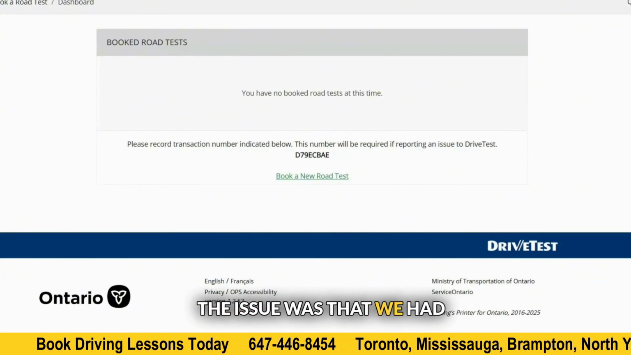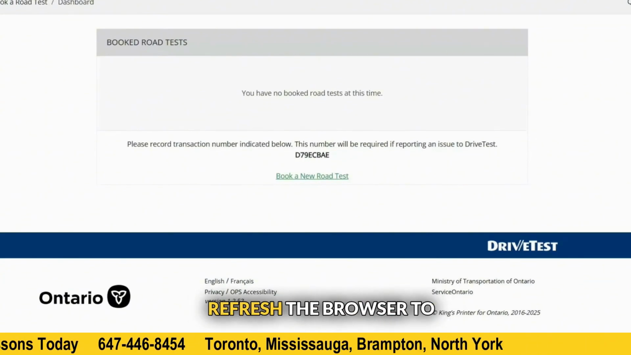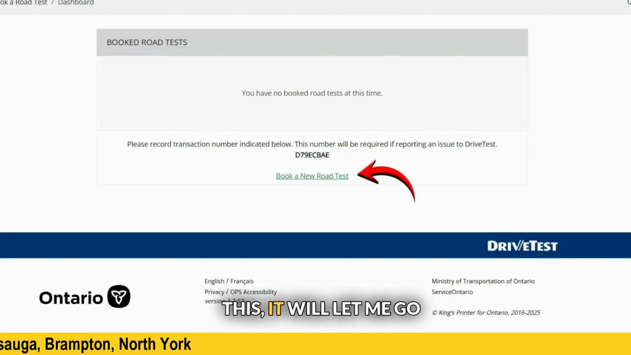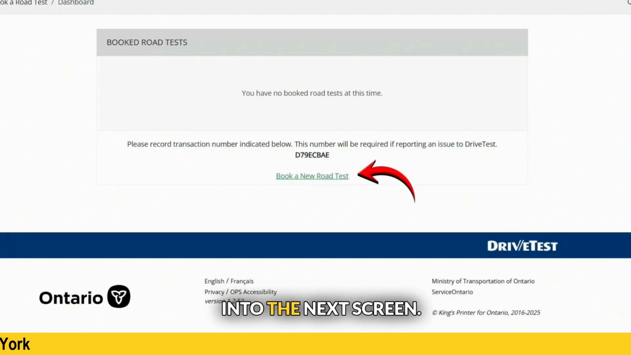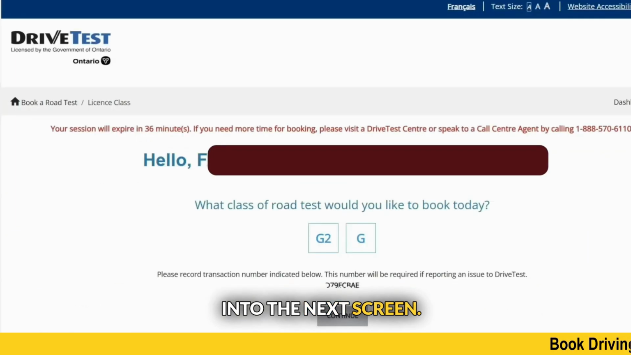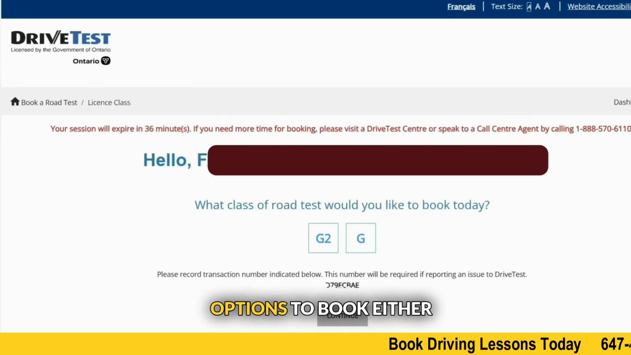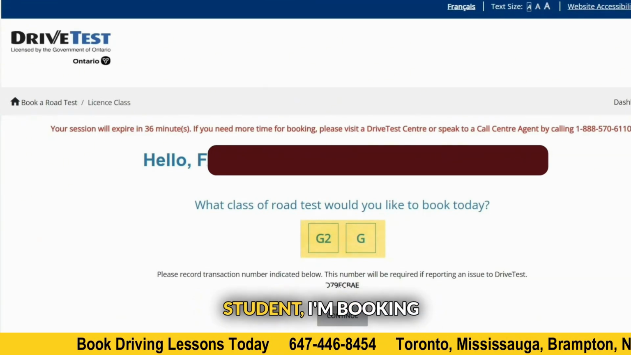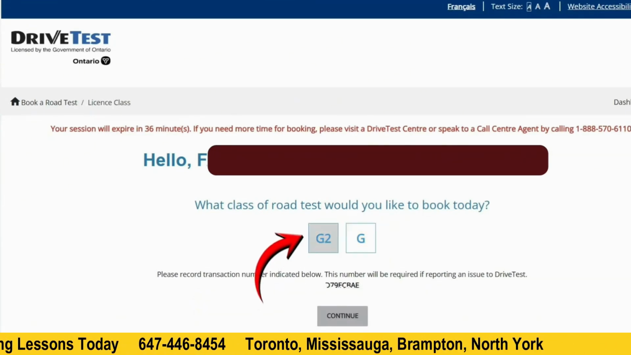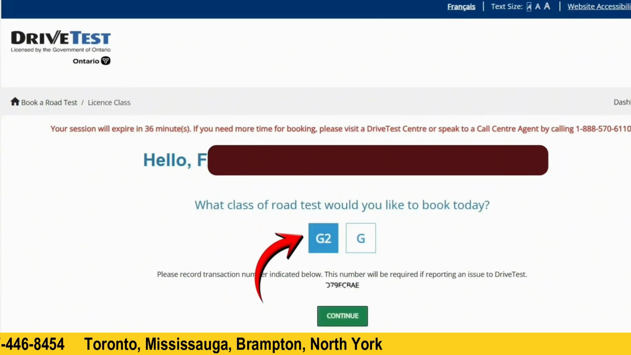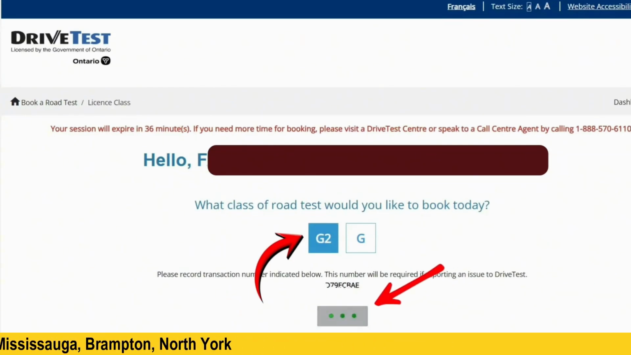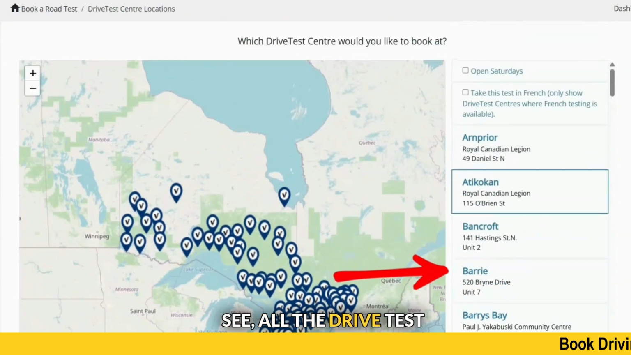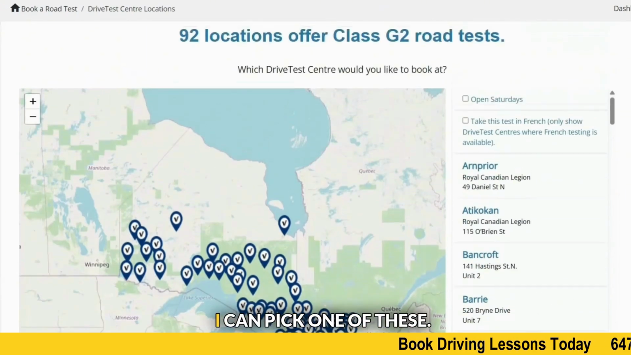All right, guys, so here we are, and the issue has been resolved. The issue was that we had to clear the cookies and refresh the browser to be able to book the test. Now, if I click on this, it will let me go into the next screen, and here it's giving me options to book either the G2 test or the G test. For this student, I'm booking the G2 test, so I'll click on G2, and this continue button gets activated. I click on continue, and here I see all the DriveTest centers in Ontario, and I can pick one of these,